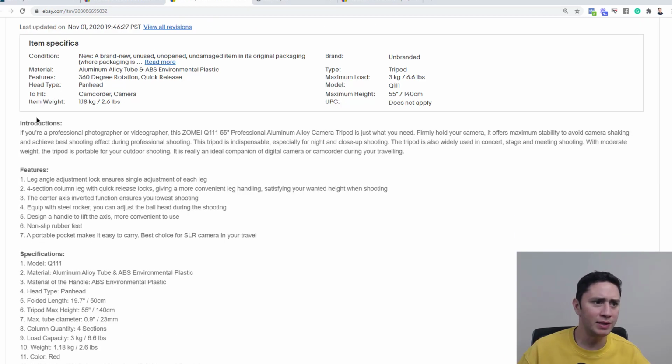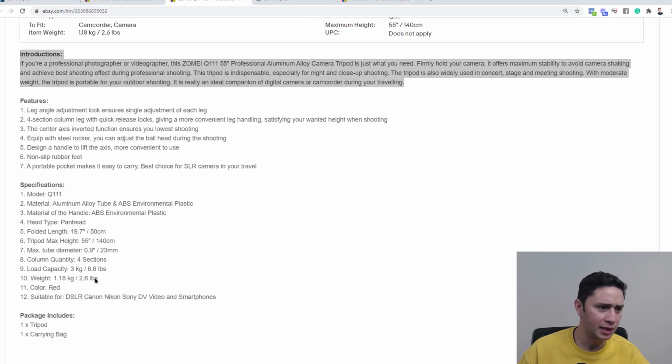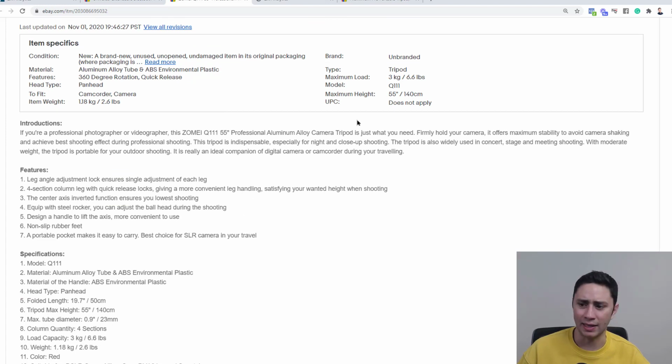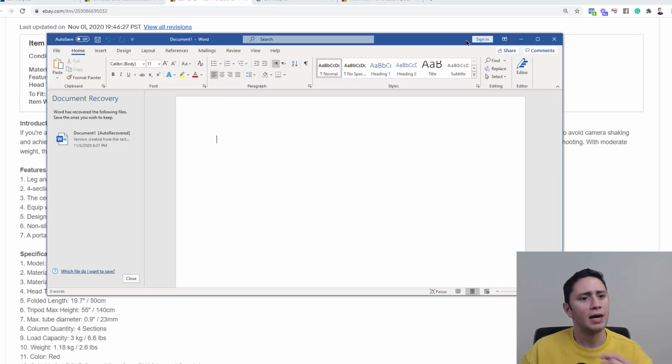The only thing he's missing here is a title, okay? I will show you now how to do an example, but you can see having the introduction, features, specification, package. He has all the information, very simple, very easy to read, no fancy description, okay? The only thing missing here is a title. Let's do an example, okay? Let me open a Word file and do an example on how we can optimize our